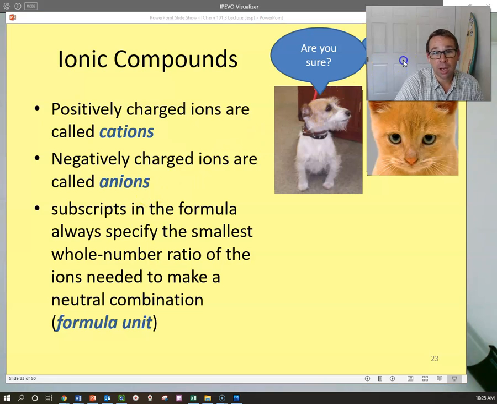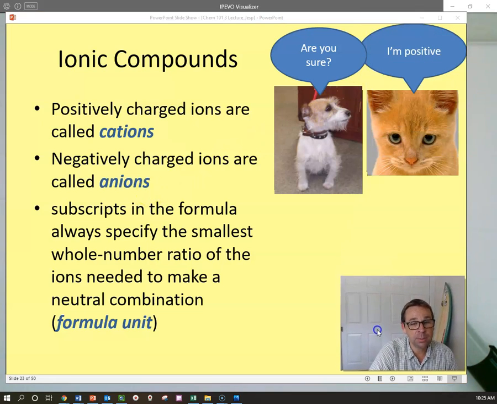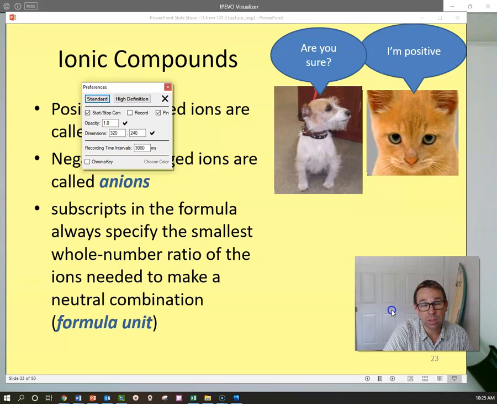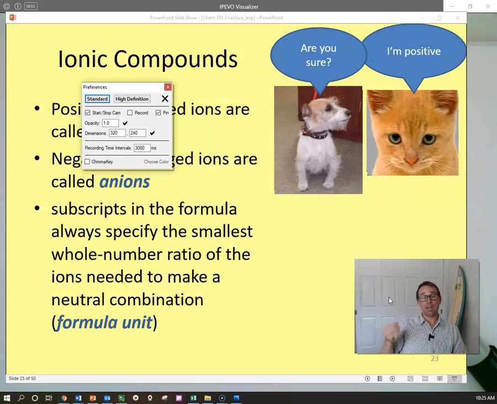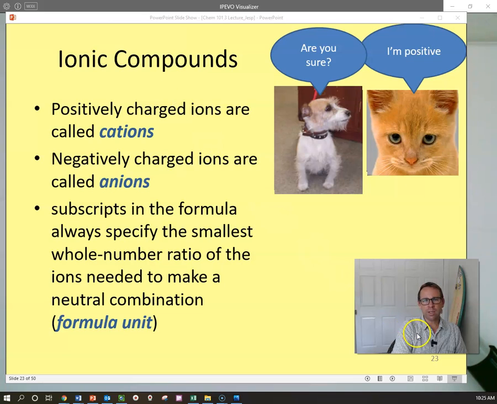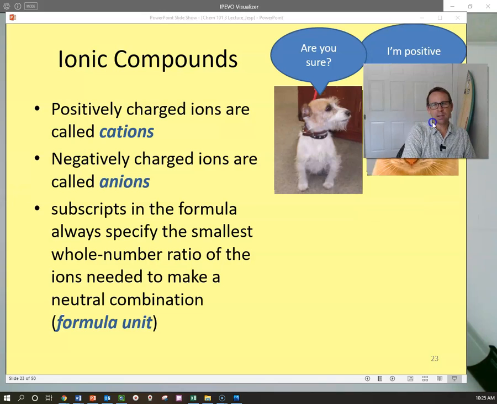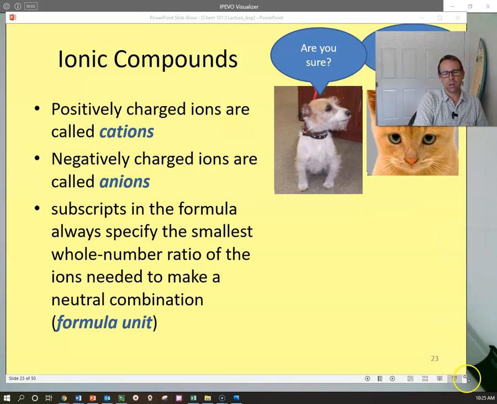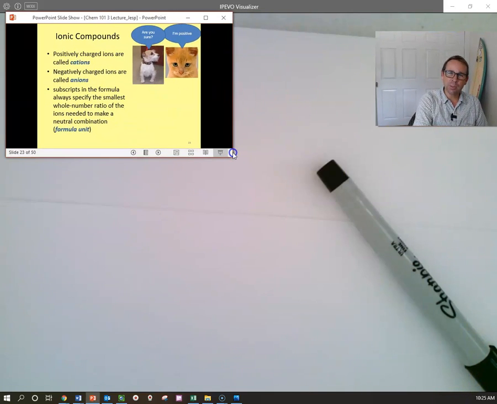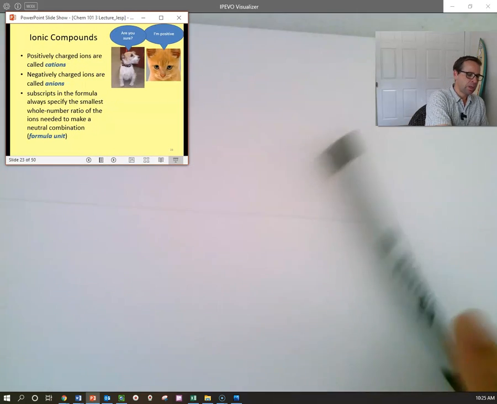Now, ionic compounds. Let's talk a little bit more about ionic compounds. Ionic compounds, like we know, are mixtures of metals and nonmetals. Okay? They come together to form new compounds. And when this happens, the reason why the metal and the nonmetal come together is because of their location on the periodic table, if you think about it that way. For example,